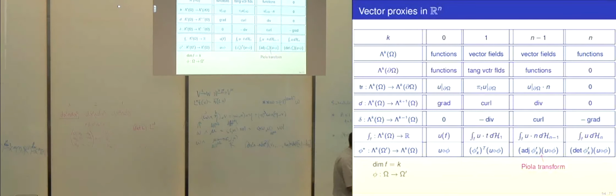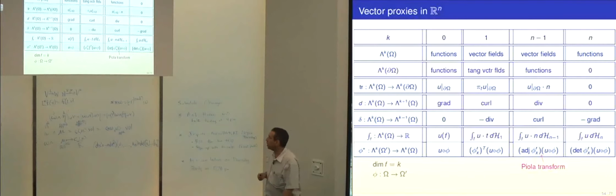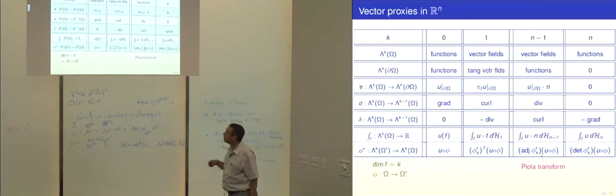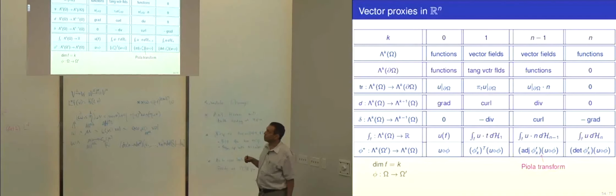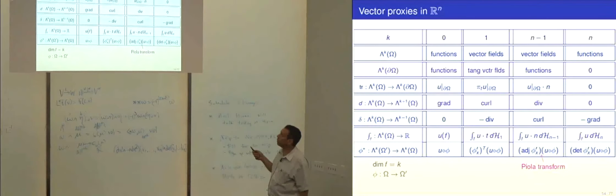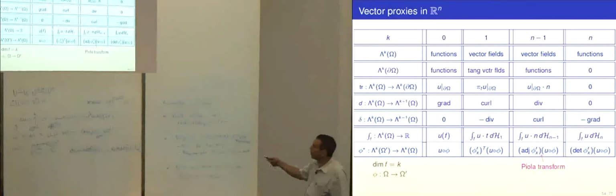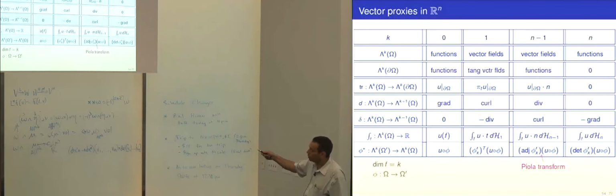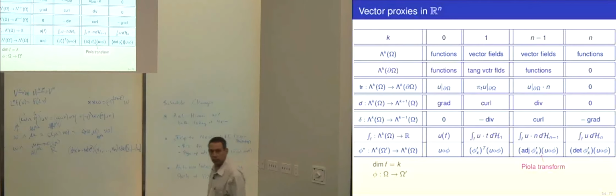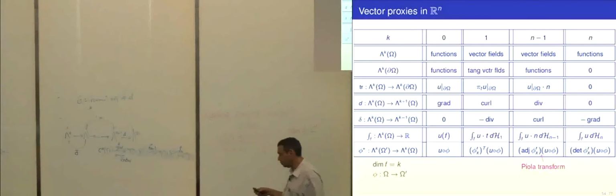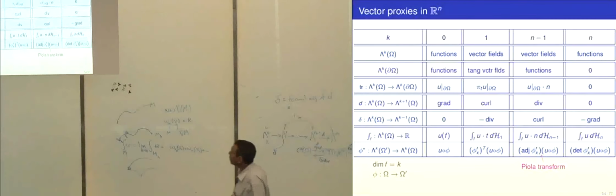So I always regard it as mysterious when you deal with elasticity and stuff, or you deal even with divergence operators. You always have to use the Piola transform. That's because that's the pullback for n minus 1 forms. And the pullback for n forms is multiplication by the determinant, a change of measure as well as that. So again, the nice thing is all these operations are defined once and for all, most of them on any manifold or a few of them on any Riemannian manifold. What else do I have here?